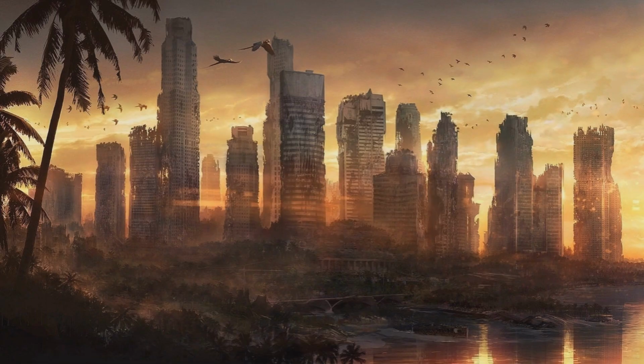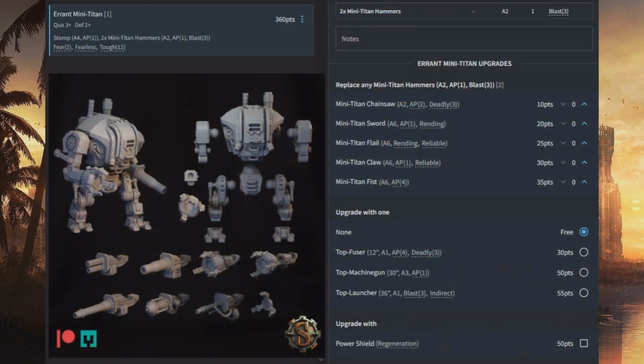So with that out of the way, let's move on to some Titans. We are going to start on the Errant Mini Titan. 360 points, quality 3, defense 2, 4 attacks with stomp at AP 1. He comes starting with 2 mini Titan hammers, 2 attacks apiece at AP 1, blast 3, fear 2, fearless, and toughness 12. The photo I have up here is one of Scoutsifer's mechs,